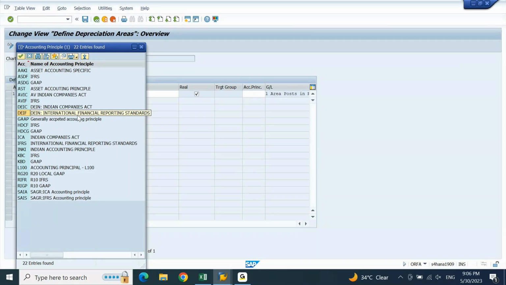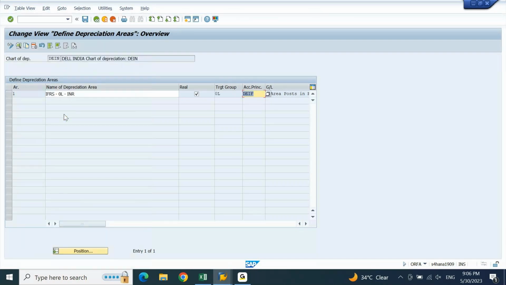Here system is only giving you the accounting principle code and accounting principle description. Correct? Select the relevant accounting principle that you have created. Don't select whatever comes in the drop down, then again you're committing a mistake. You need to have a clear understanding, a clear clarity of what you are defining for your company code. Now this is what we have created. Select this.